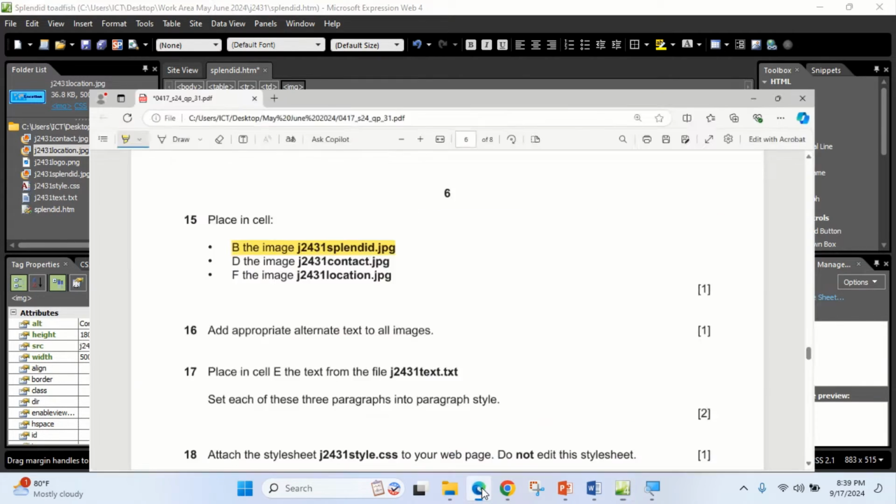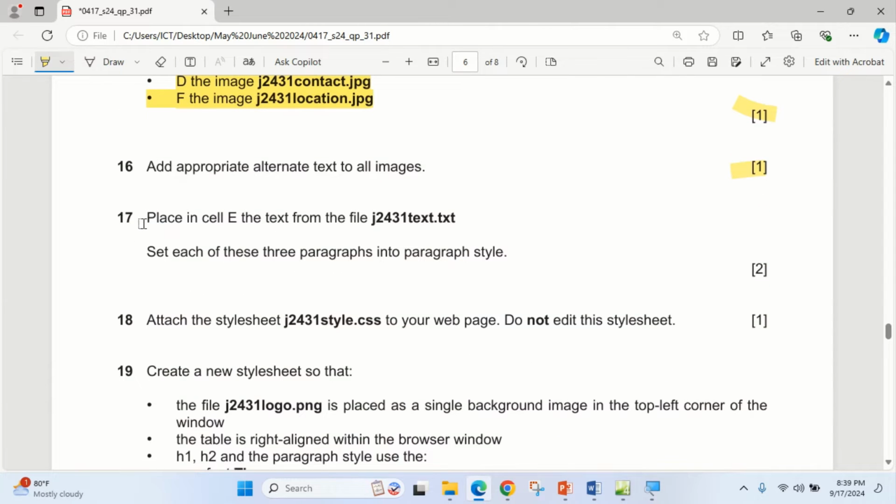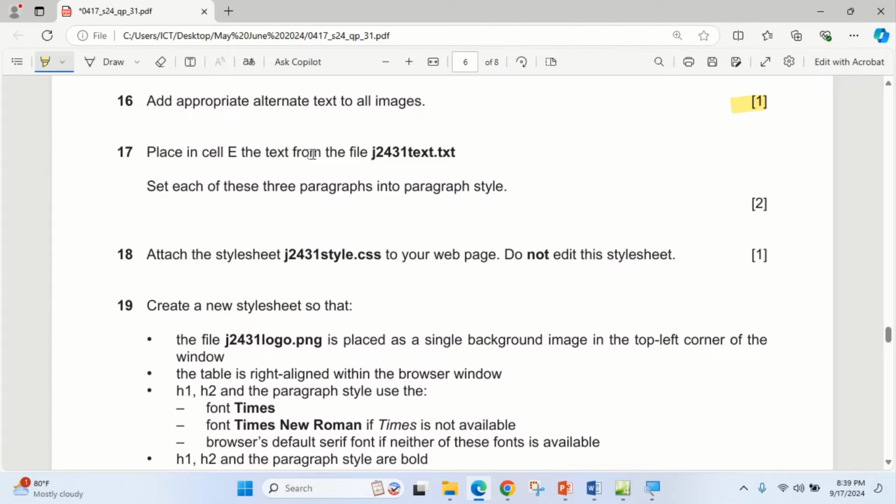Then the next one, so we have done these three. For 1 mark, add appropriate alternate text to all images. You realize that we have done the alternate text immediately as we were inserting the images, so we don't need to repeat it again. Place in cell E the text from the file